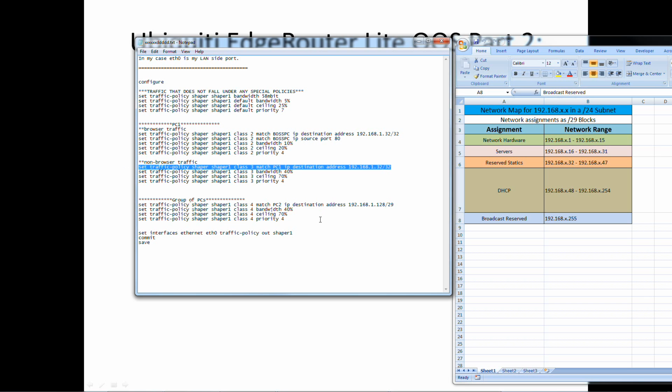So this is where we go into a group of PC assignment. Essentially the biggest difference, again, we're calling it PC2 because it's the rule's name, but again, this is the rule name. But what you're doing is when you're assigning the address range, you're assigning with a /29, which means all of the IPs in that range would share that bandwidth. So say you had computer 192.168.1.128 taking up,